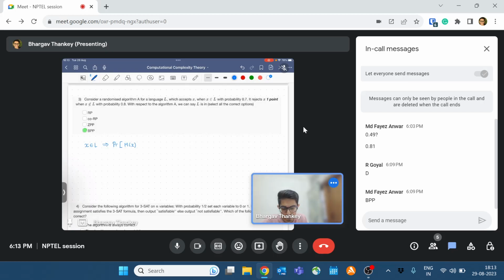So what you saw in class was this: X is in L implies M accepts X with probability greater than 2 over 3, which is roughly 0.66. So yeah, this is satisfied. And X not in L implies the probability that M accepts X